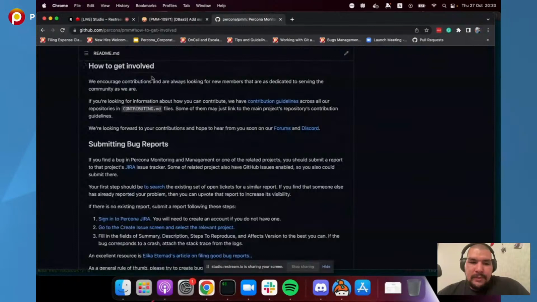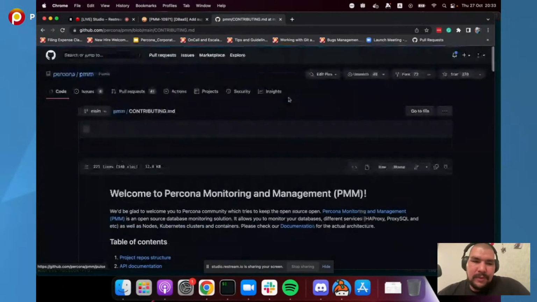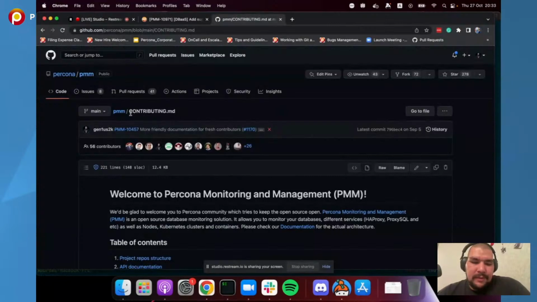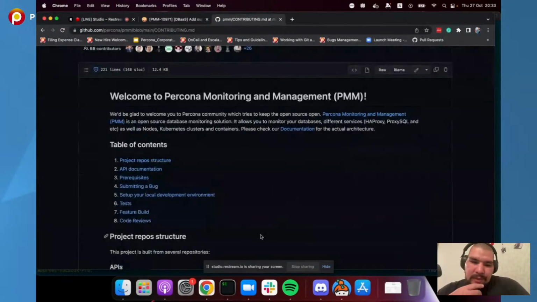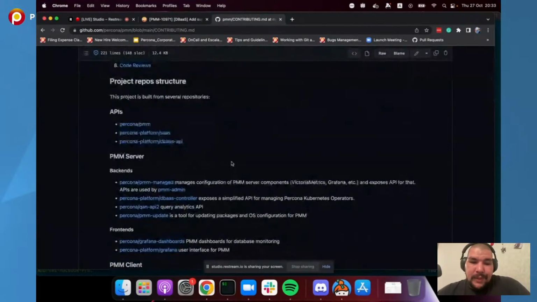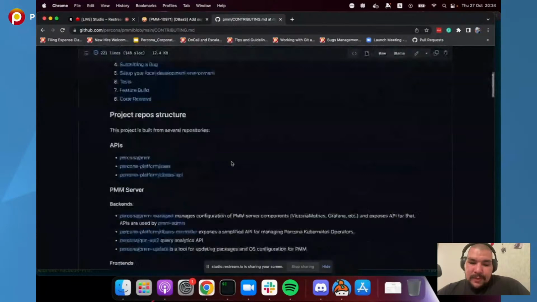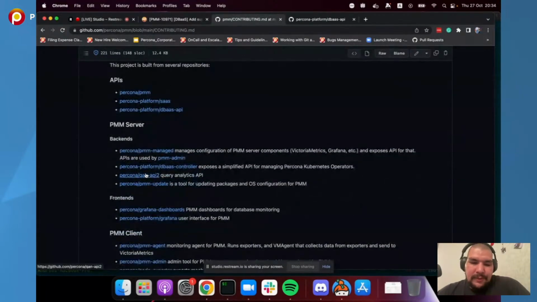And there is a part about how to get involved, and we have contribution guidelines in the file located in CONTRIBUTING.md. Here is the documentation on how someone can set up a development environment and start contributing to PMM. Since we moved almost everything to the PMM repo, we have some DBS API project that's actually not part of the PMM project right now. And also we have Canopy, which stands for Query Analytics, and we have a DBS controller, which is actually part of